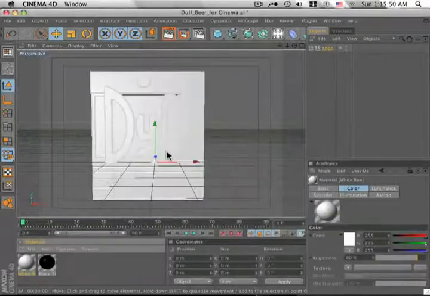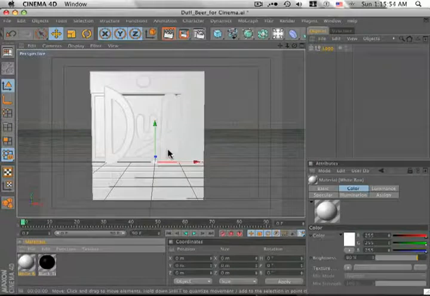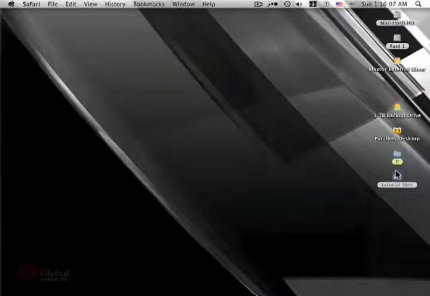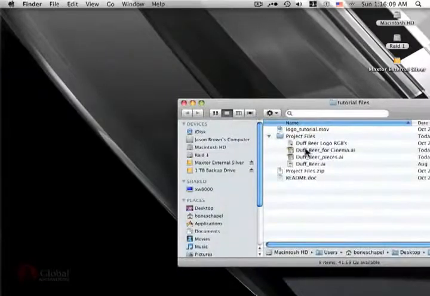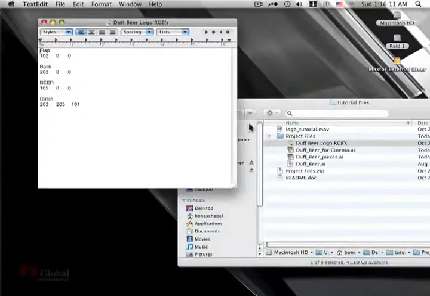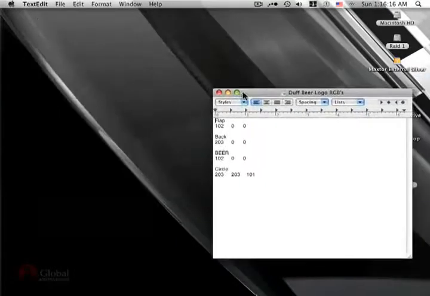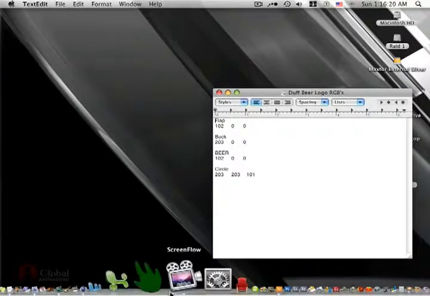The rest of the colors of the logo we need to match with the original logo from the flattened vector file. So the way I do that is go into Illustrator, color pick the different colors, and write down the RGB values. I've already done that, so we don't have to sit here and do that now. Let me open up that file. RGBs. Okay, first one, the top flap, we have 102, 0, and 0. That's the RGB values. So let's go back into Cinema,